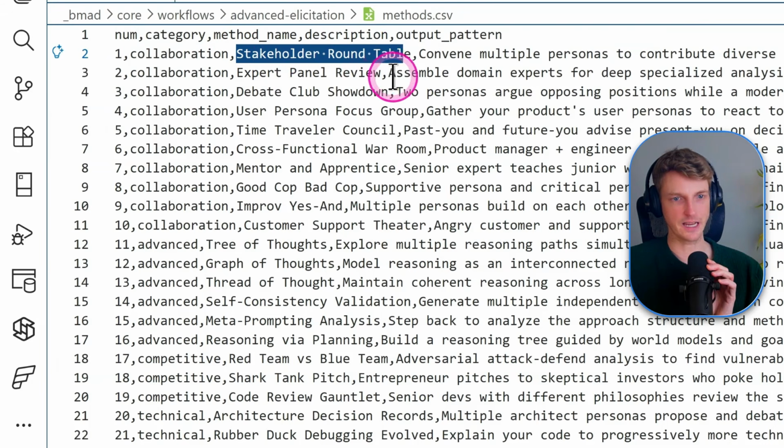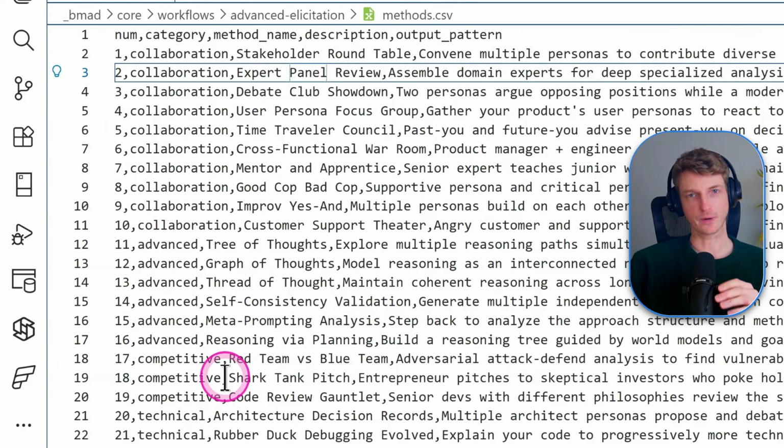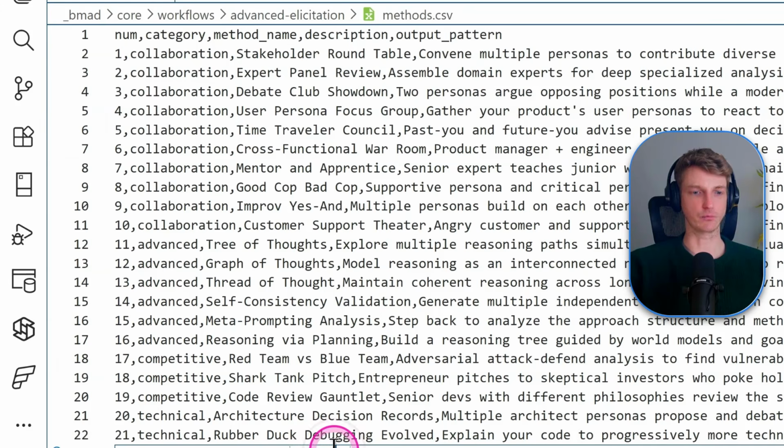So there's things like the stakeholder roundtable, expert panel review, debate club showdown, time traveler council, cross-functional war room. Now these all have funny names, but essentially they create environments to help you test and extract your ideas and make you think in different ways that you would never probably think of on your own. Like I mentioned, these are built from prompting best practices to really get the most out of agentic output. So this is like research-backed stuff, a lot of these, and winners of AI prompting competitions, these sorts of